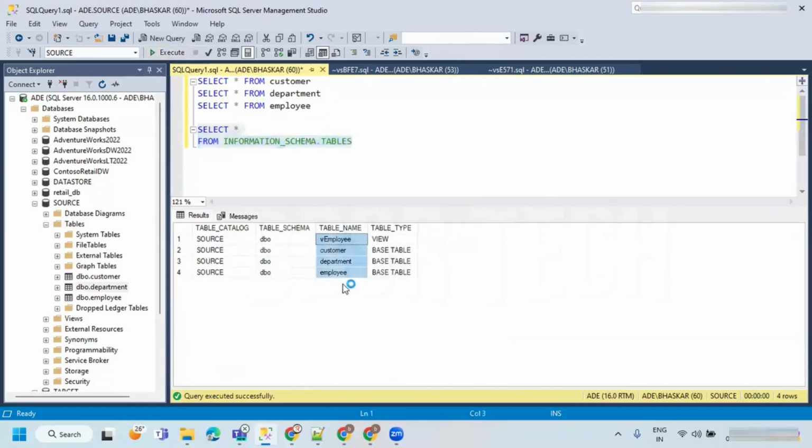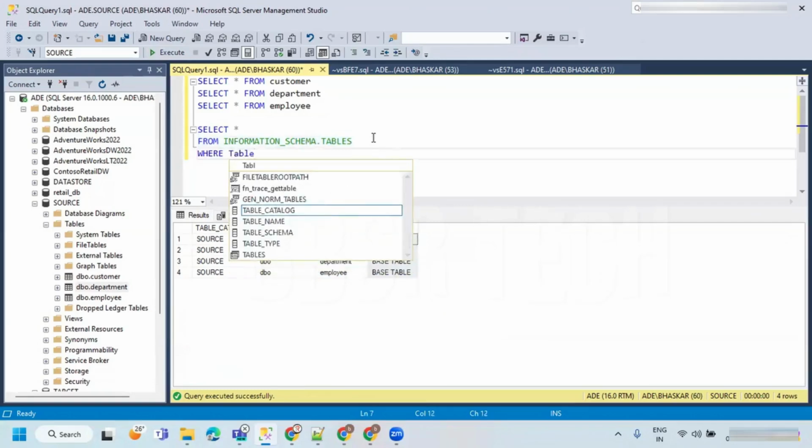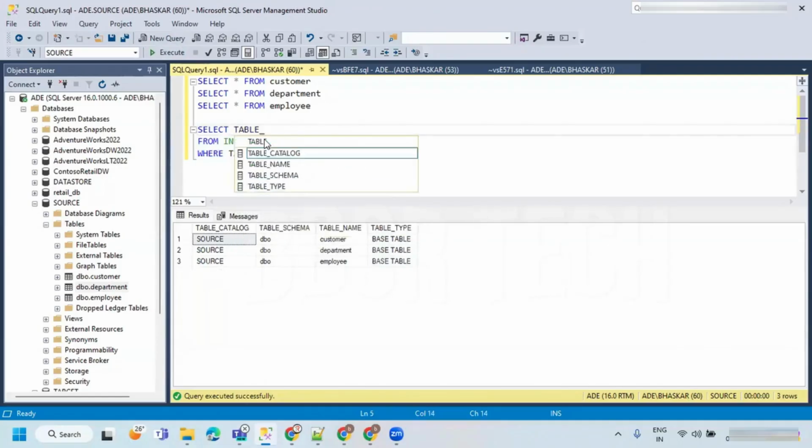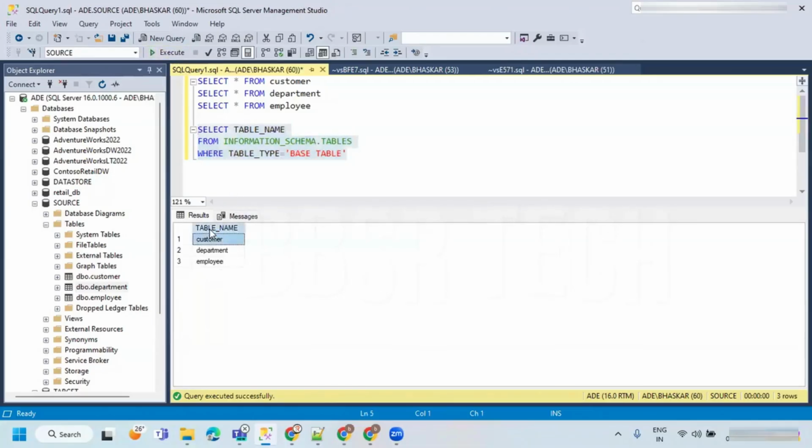I have a list of tables here, but I don't need this. I need to apply the filter where table_type equals BASE TABLE. I have to take only base tables, then you are going to get only tables. I don't need star, I need only the table name, so you can take table_name, which is the name of the column, to get the list of tables. So this code has to be executed in the lookup activity.